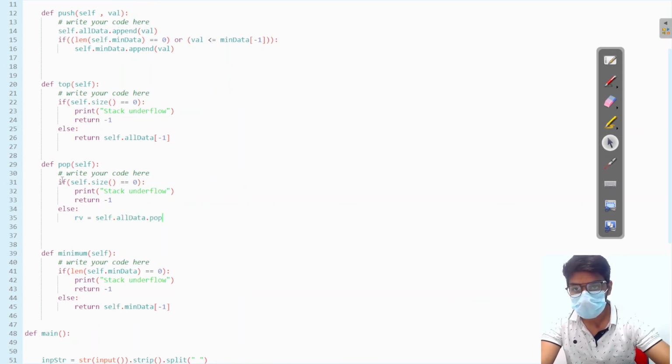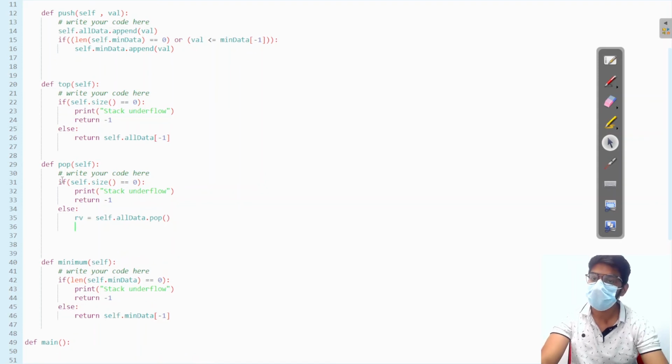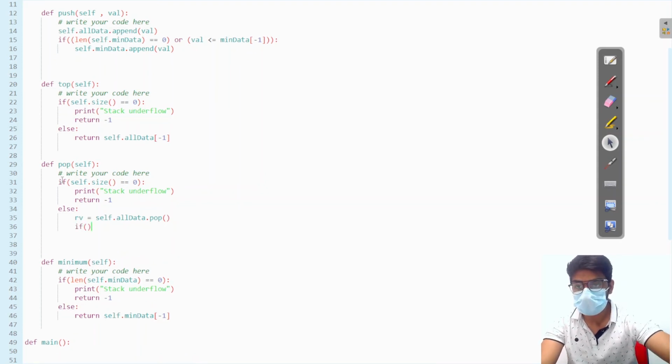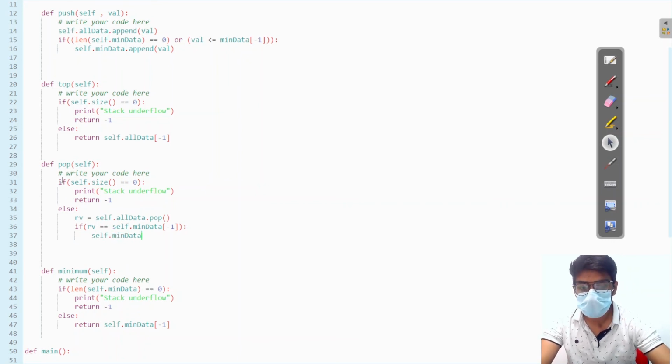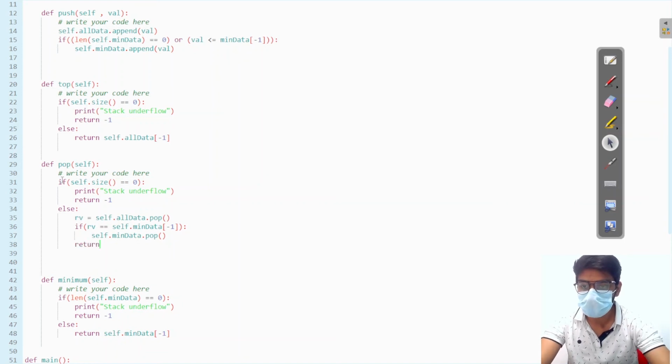We have popped it from all data, and we have to check the condition. If removed value is equal to self.min_data topmost value, that is -1, then we have to pop it from min data also, self.min_data.pop. And in the end we have to return the removed value.